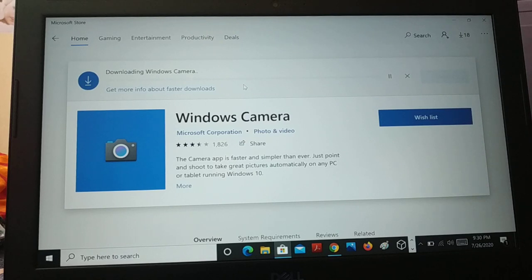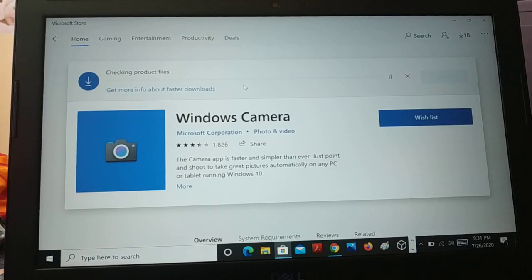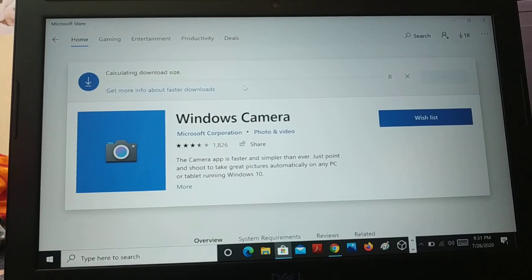So guys, if all these steps do not fix your issue, maybe it's definitely some kind of hardware issue in your PC. Maybe your camera is broken. Maybe the webcam that you have purchased has a hardware issue. So follow these tutorials, all these steps one by one, and they will definitely help you if you don't have a hardware